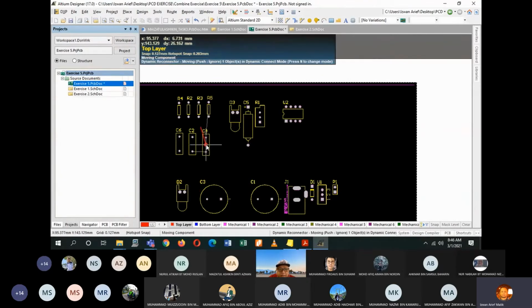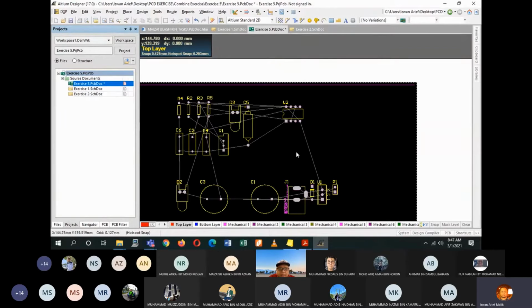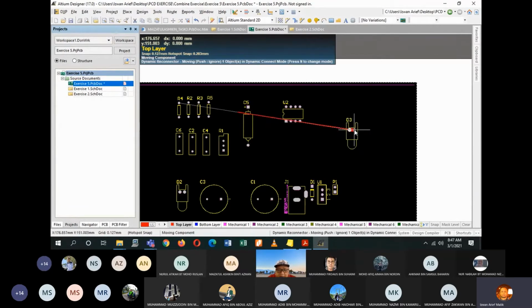Okay, this one same as well. This one is a bit different. What happened? Okay, so I'll just put them here. This is diode U2 J1. Is there any resistors left? No. So I'll be putting my